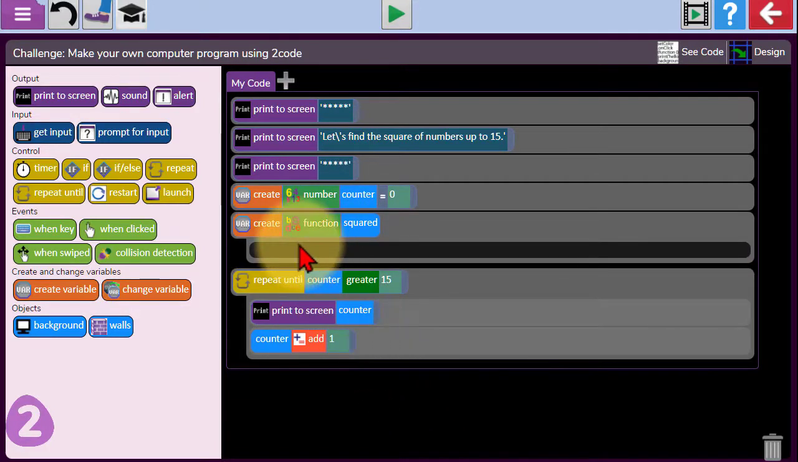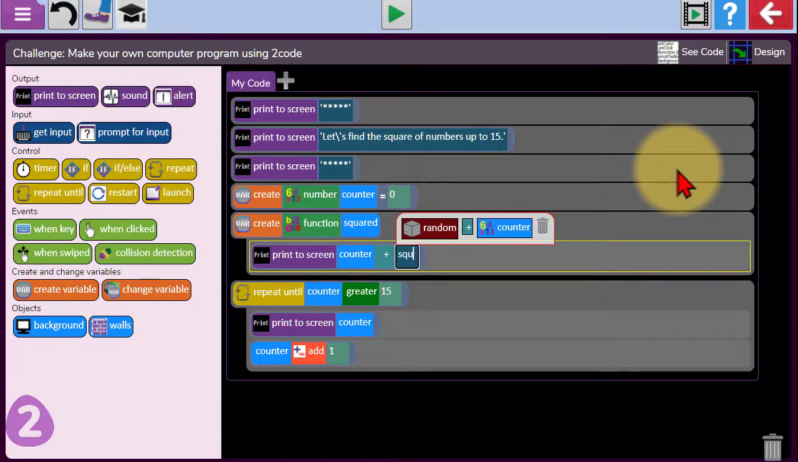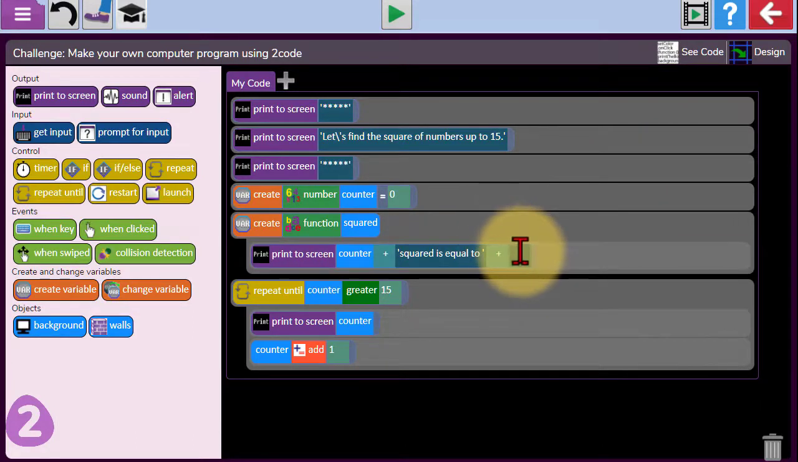Now, what do I want squared to do? I want it to print something to the screen. I'm going to put my print in here instead of down here. And what I want to do is say print to screen, let's have counter, and then let's add something else on there. Let's say squared is equal to, put another space, add this on,